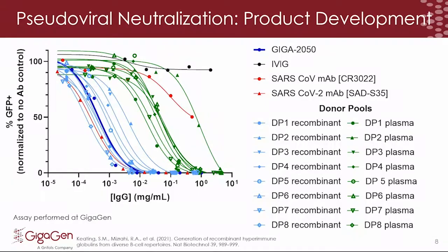So you can see here that we're able to get an improvement by 100 or close to 1,000-fold more potent than the original plasma samples. And so this allowed us to see that we were getting the antibodies that we needed in order to move our product forward. So Giga 2050 is the final product that we developed by pooling together all of these individual